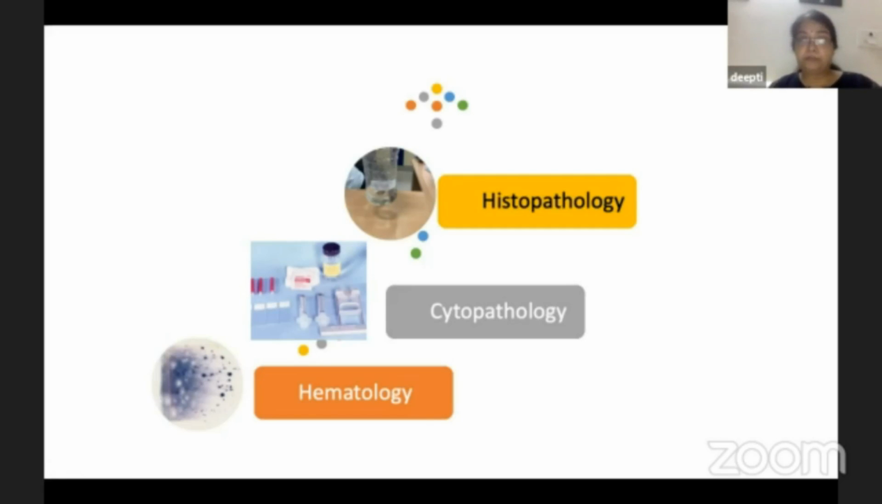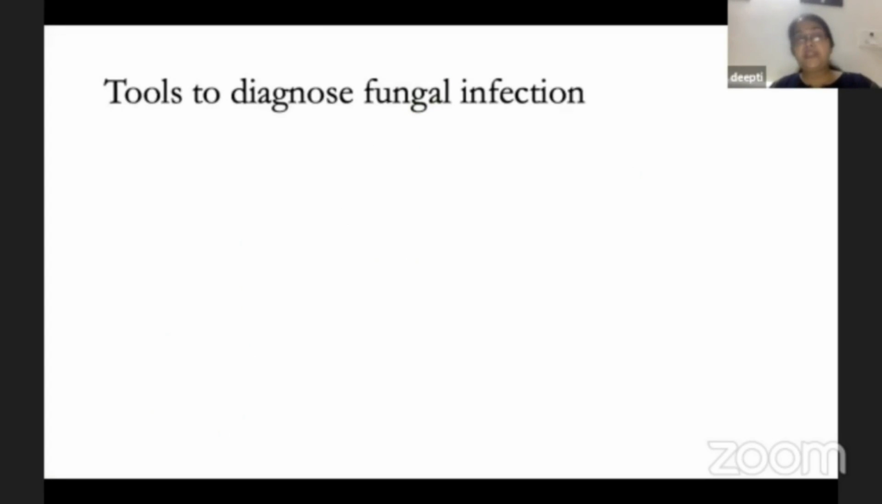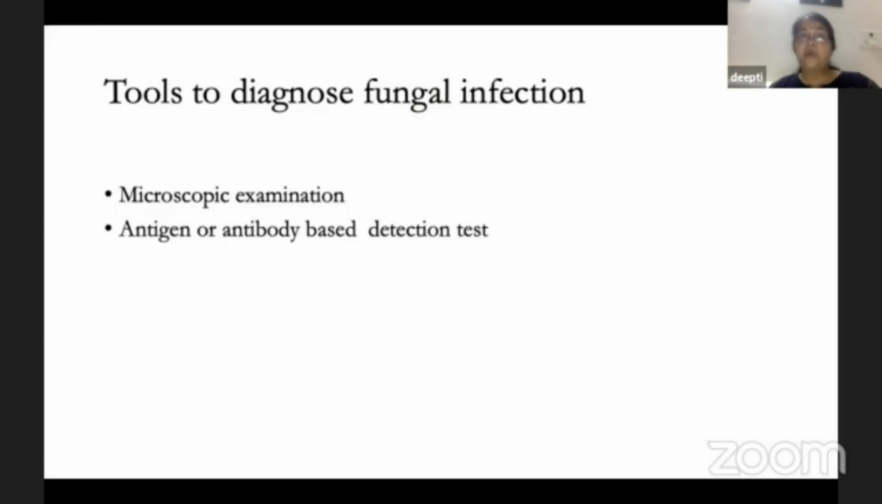Now, as discussed in yesterday's class, the routine pathology stain for histopathology is the H&E stain, and special stains we use are PAS stains or silver stain, also known as GMS stain. But that was talking about histopathology. When we receive a sample in cytopathology, the routine stains we do in cytopathology are the Papanicolaou stain,